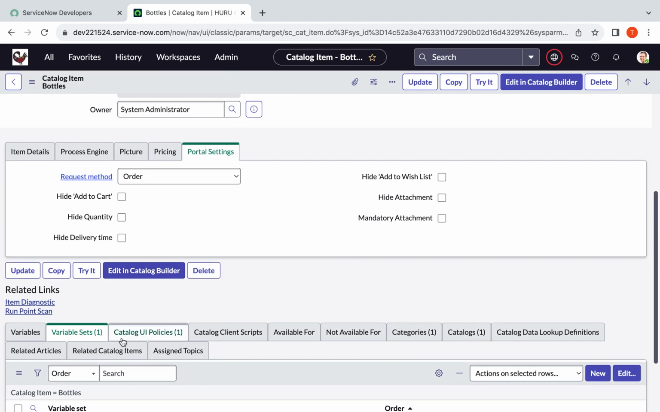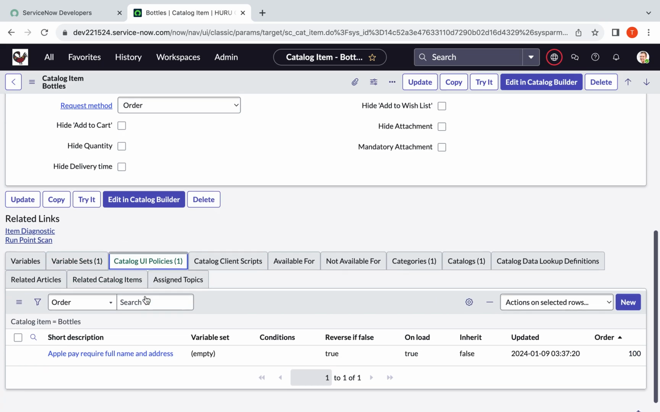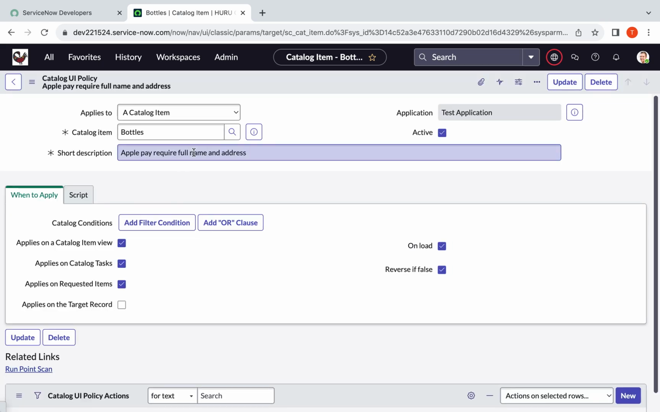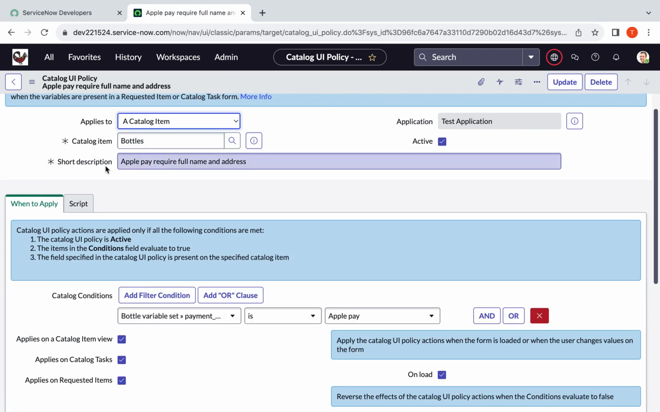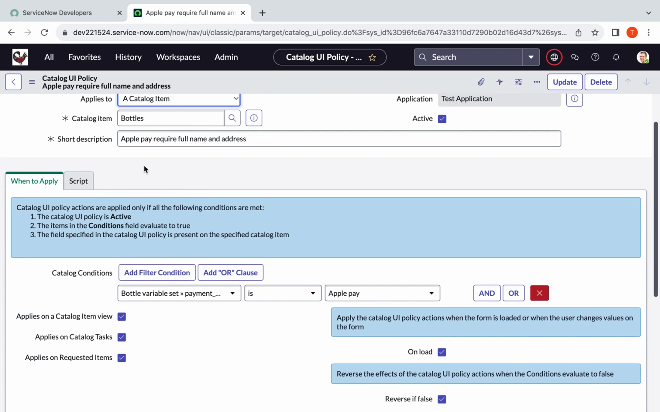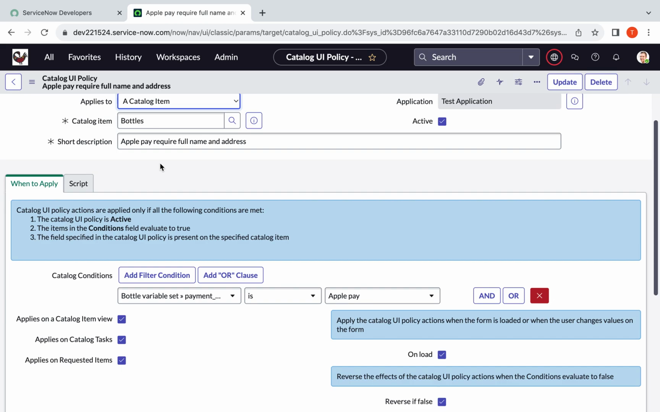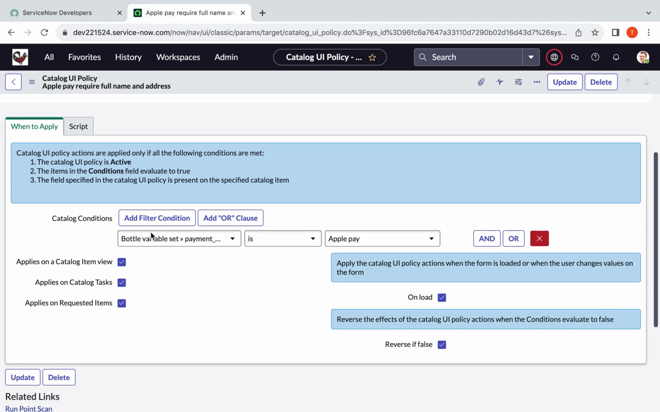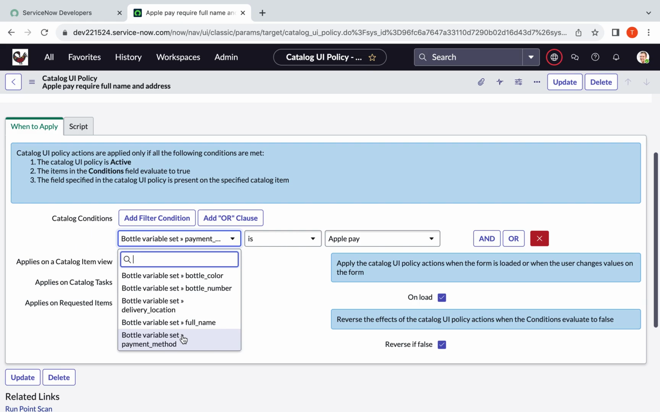And for this particular catalog item, I have a UI policy, which is the short description. UI policies don't have a name, so the short description is the name, the pseudonym for it. So Apple Pay require full name and address. One of my variables contains the payment method, and I have 4 choices, which are debit, credit, Amazon Pay, and Apple Pay. For this, if the user chooses Apple Pay, I want the user to enter the full name and address. So the condition when to apply will be bottle variable set, the payment method